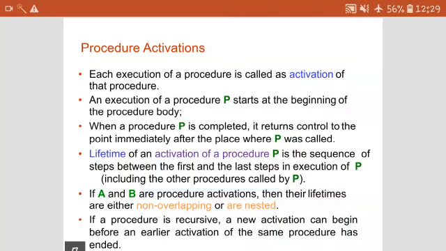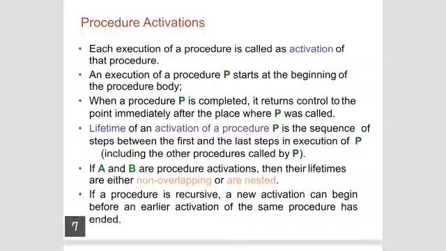Whenever the compiler takes a procedure for execution, that part is called an activation. Execution of a procedure P starts at the beginning of that procedure body. When a procedure P is completed, it returns control to the point immediately after the place where P